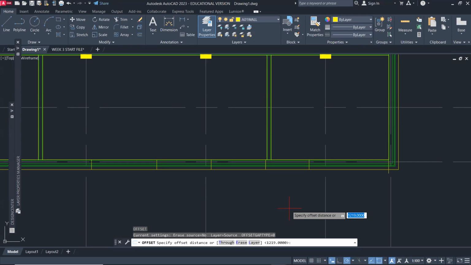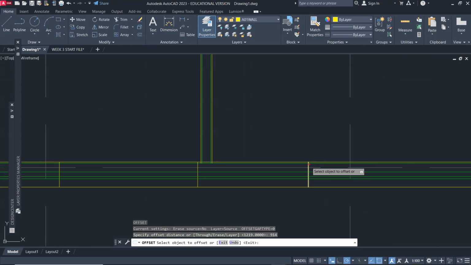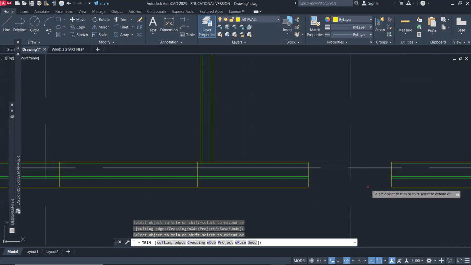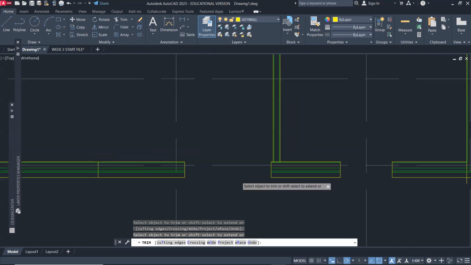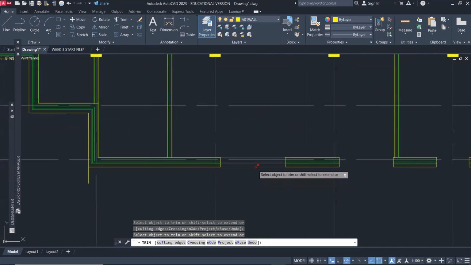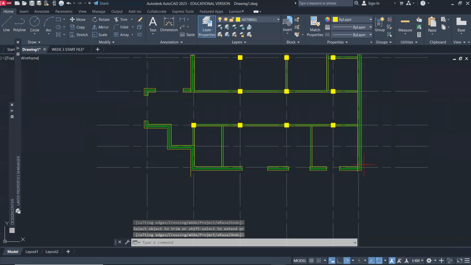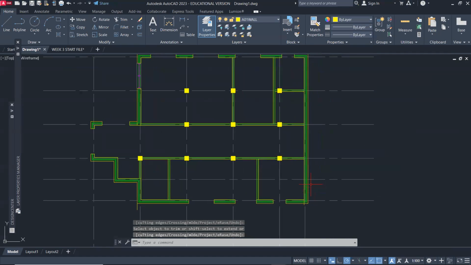Offset by 914. Okay, DR to trim. Let's trim that and trim this. Okay, so and then from here,